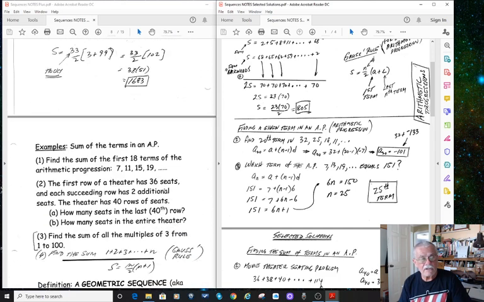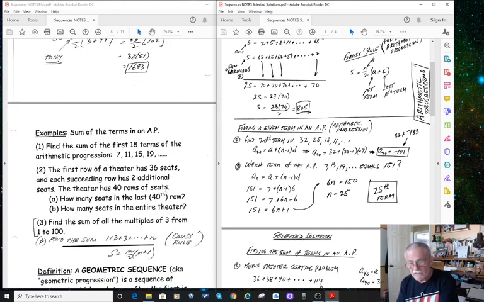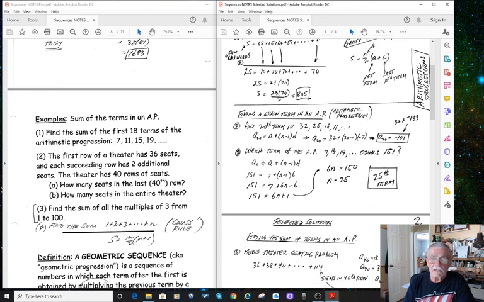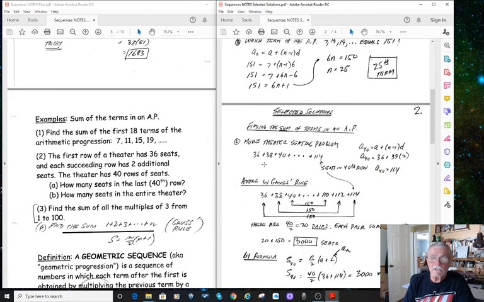Okay, so let's take a look, and we're looking at summing the terms of an arithmetic progression. We'll take a look at a couple of these. Let's look at number 2 first off. Okay, so in number 2,